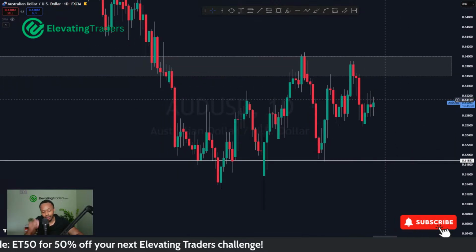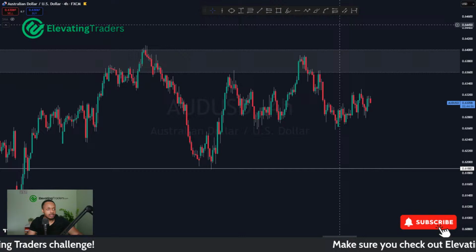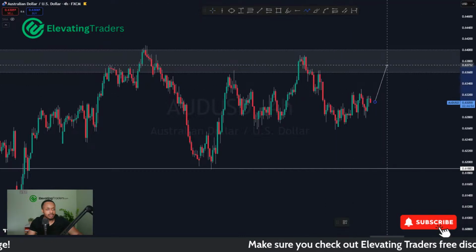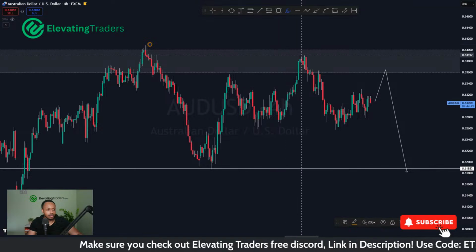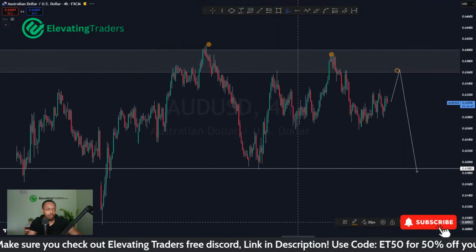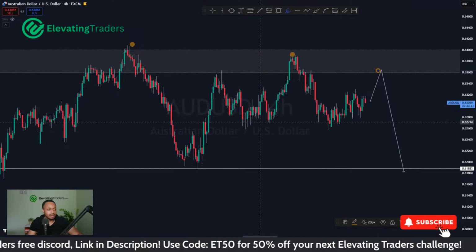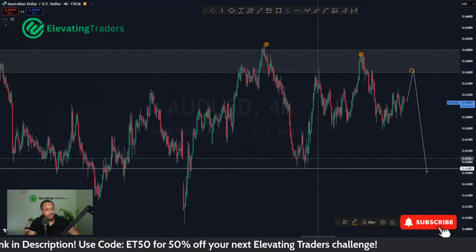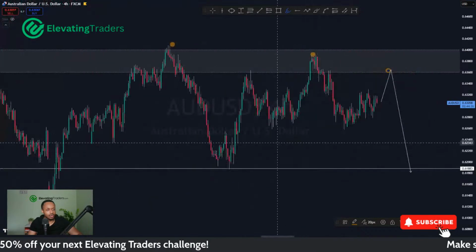So likely we might see a bit of downside there for Aussie dollar. In terms of shorts, I probably would wait to see if price can push back into resistance again before trying to take a sell. We've got one high there, second one there. Perhaps we put a third lower high before we do drop. Right now, it's just moving sideways, so I'm not too sure about finding entries in this area. Looks a bit too congested for me.